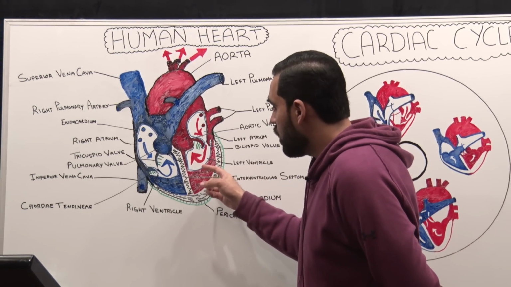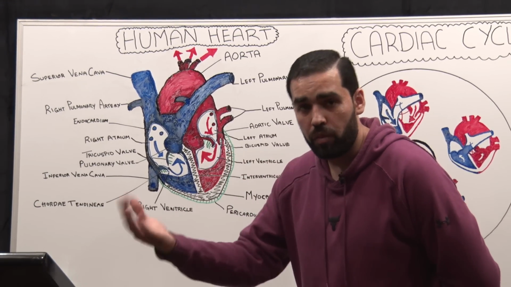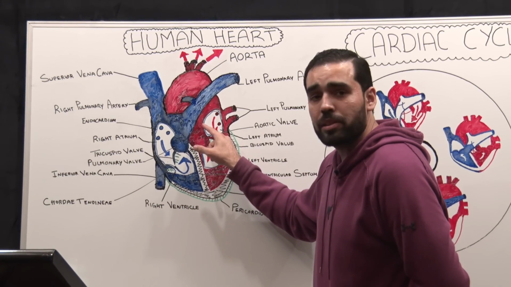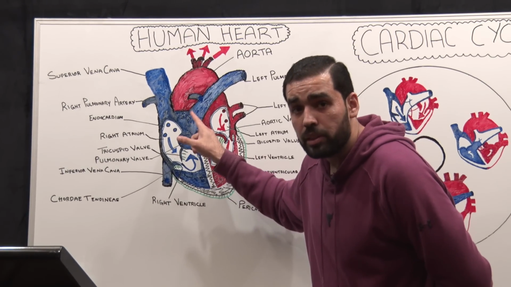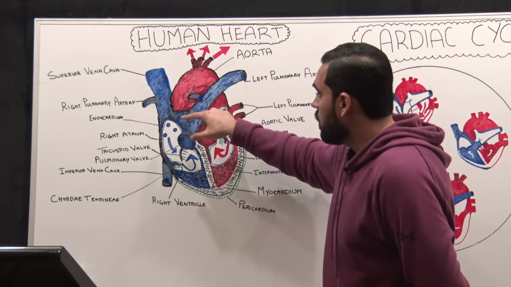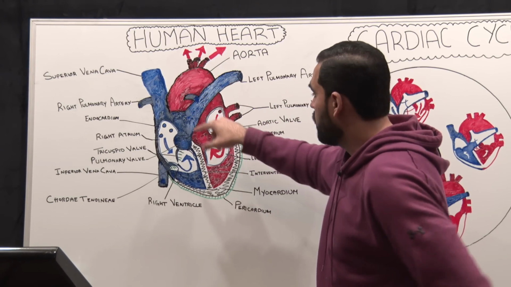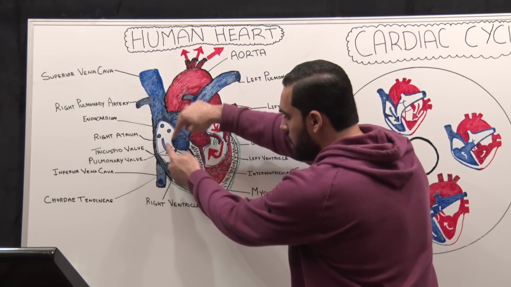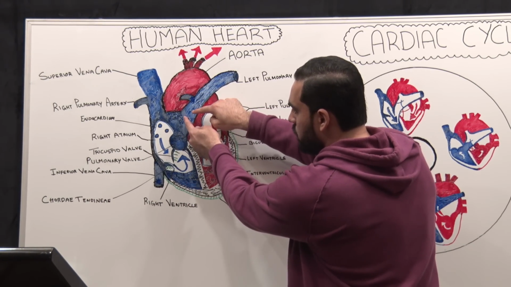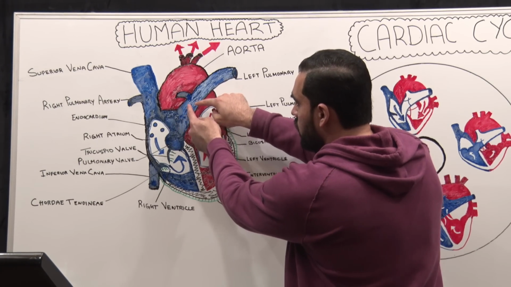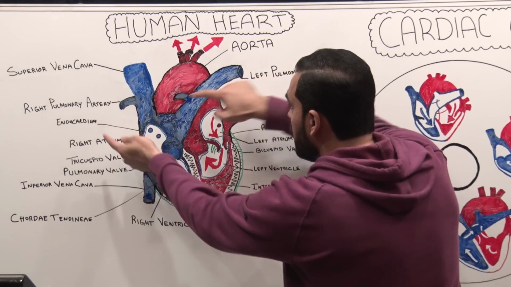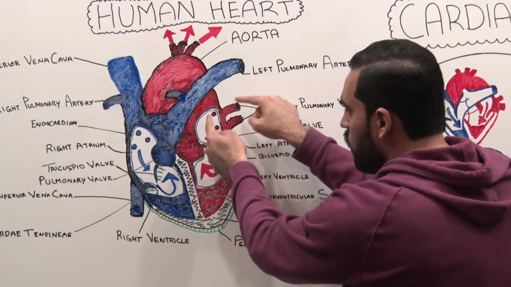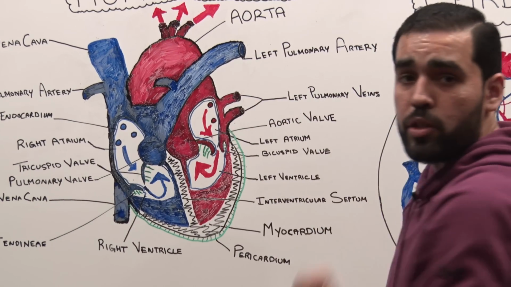Now, in these cases, the ventricles were pumping the blood away from the heart, this in the systemic circulation and this in the pulmonary circulation. But now, once the blood has been oxygenated in the lungs, for example, the blood came into the right atrium, then into the right ventricle, and then was pumped into the pulmonary trunk, goes to each part of the lung, and gets oxygenated. Through the pulmonary veins, it will flow back into the left atrium.